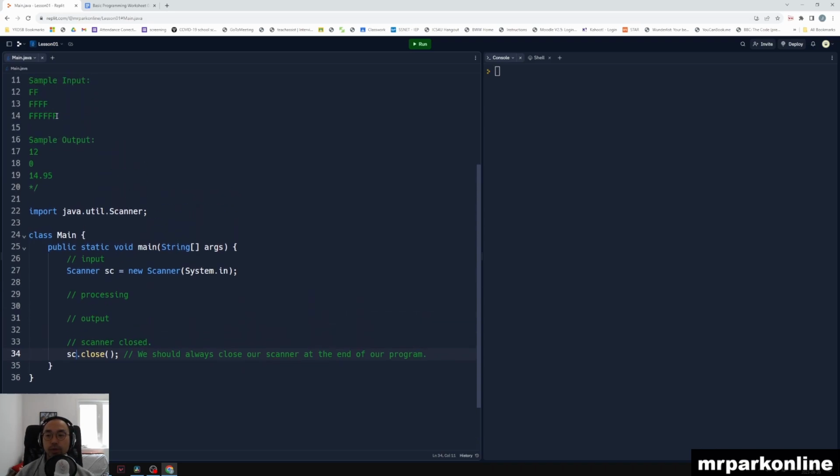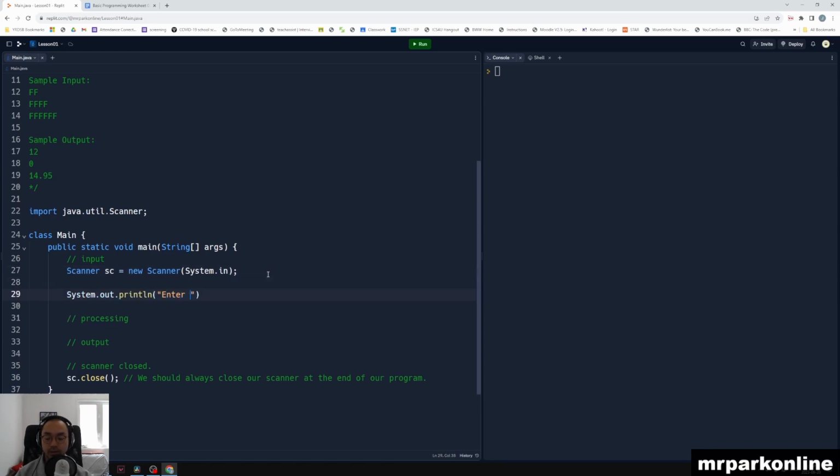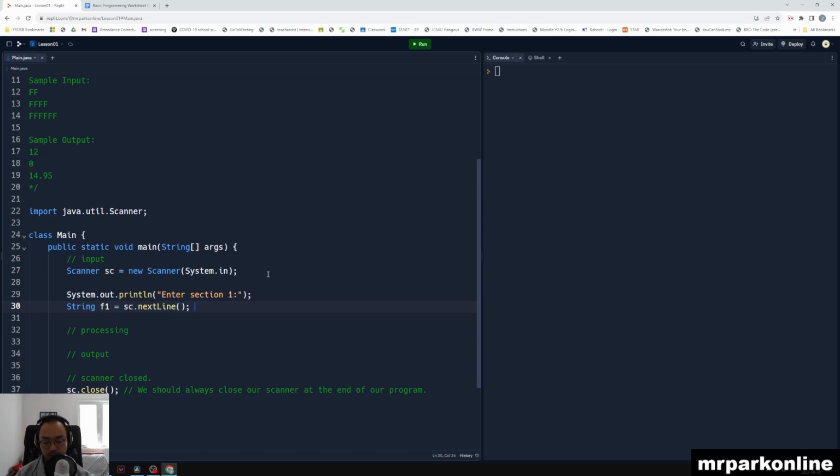So here we go. We need 3 inputs that are type strings that are going to be series of F's inputted by the user. So we're going to say system.out.println, enter section 1, let's say. And we're going to have a string. We're going to say F1 is for fence 1. It's going to be equal to sc.nextLine, semicolon, little comment here. Let F1 be the first fence